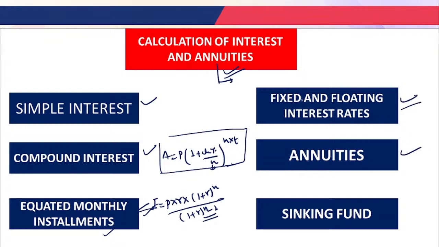So you get annuity due, fixed and floating interest rate. What we understand by the fixed rate is that the same rate of interest will be applied for the time period for which the loan is actually taken. Okay, and floating just depends on the market interest rate. After that, the sinking fund: based on that you will get some theoretical types of questions in the examination, worth 0.5 marks.